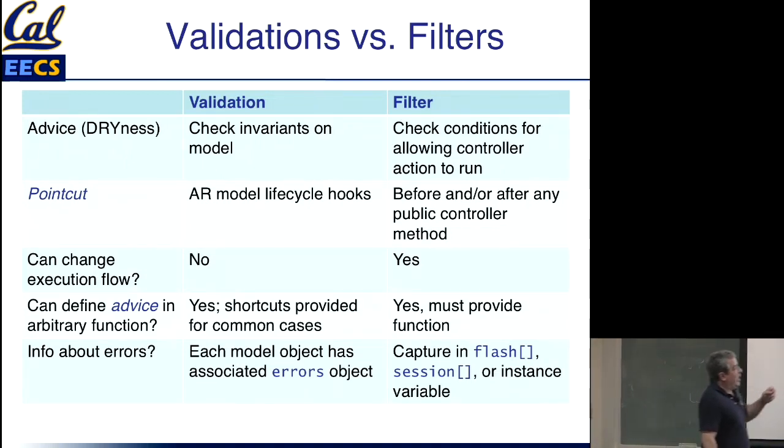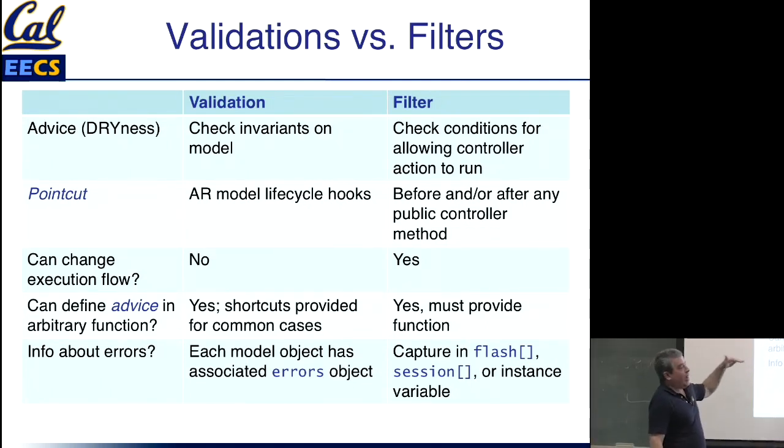Essentially, at what point does a validation try to happen? It's happening right before you do a database save. At that point, suppose we assert the opposite and say, well, validations should be allowed to change the control flow. The question is, what could it do? What would be a reasonable thing for it to do?